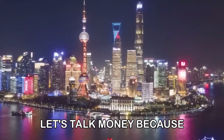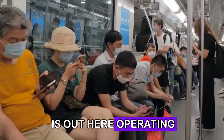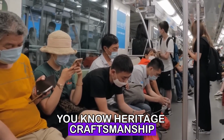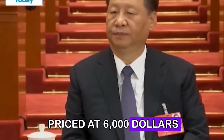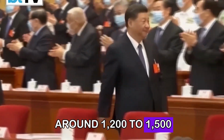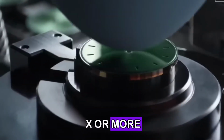Let's talk money, because the numbers don't just tell the story, they expose it. Start with profit margins. Most folks think Rolex is out here operating on tight profits because of heritage, craftsmanship, Swiss tradition. Wrong, not even close. Insiders say that a Rolex priced at $6,000 might only cost around $1,200 to $1,500 to make. That's it. And that's before Rolex jacks the price up by 5x or more before it ever hits